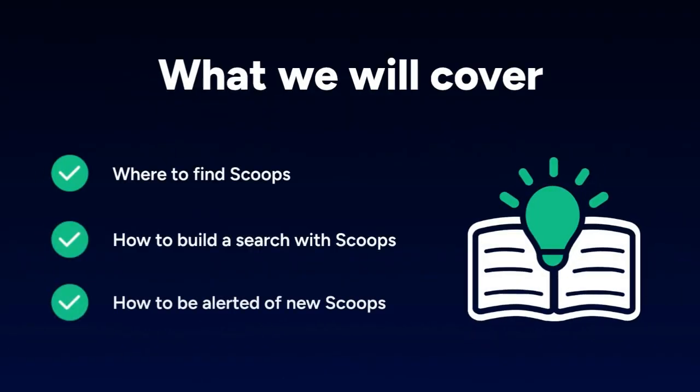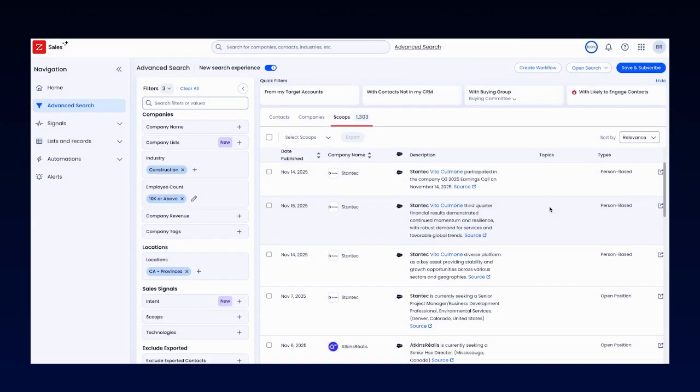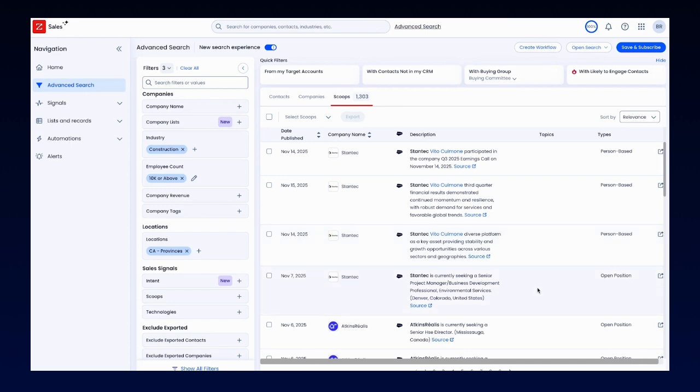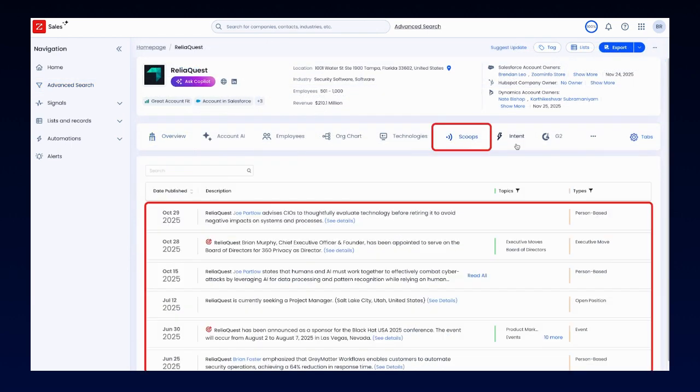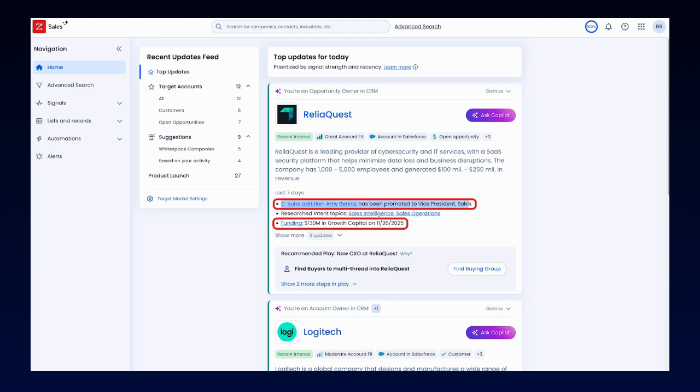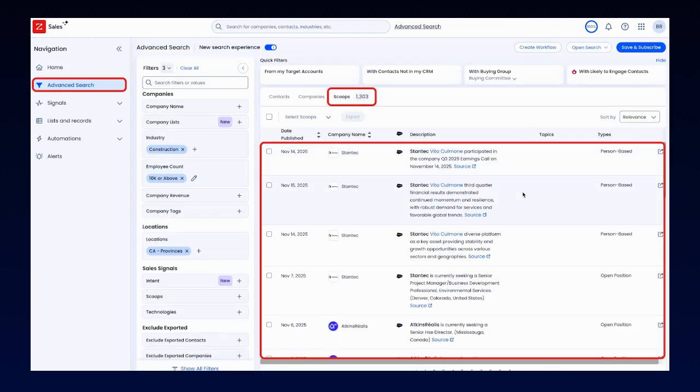In this video, we'll cover where to find scoops in ZoomInfo, how to build a search with scoops in mind, and how to be alerted of new scoops in your target market. Scoops can be found in multiple places within ZoomInfo. You can find scoops in company profiles, in the ZoomInfo Copilot feed, and advanced search, which will be the main